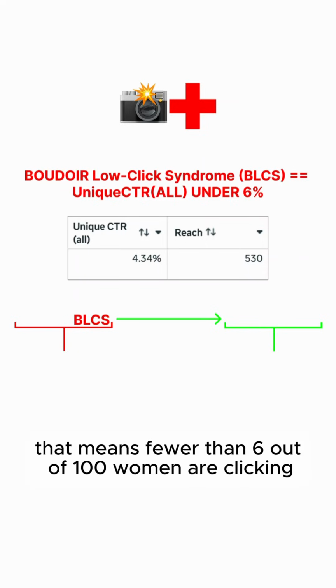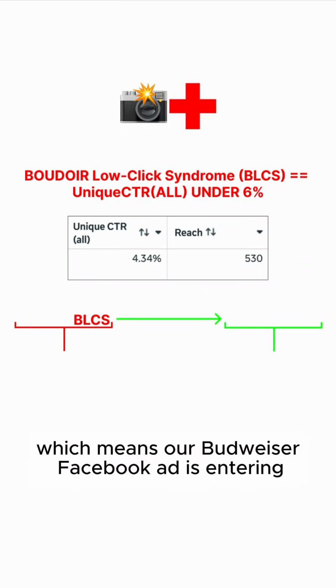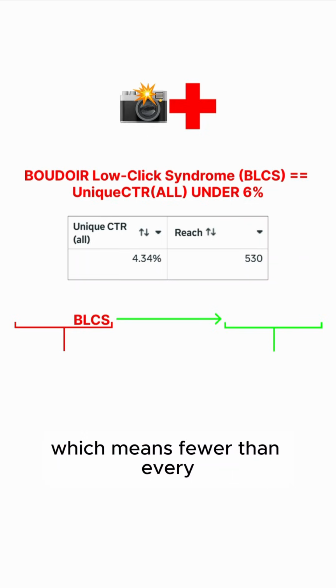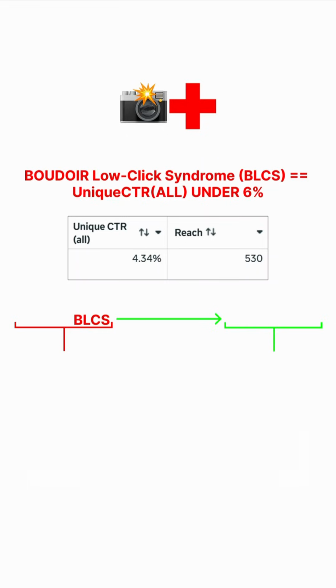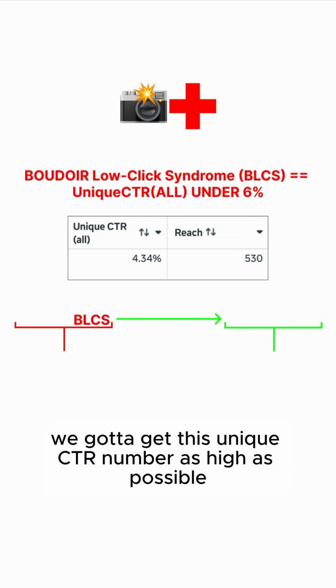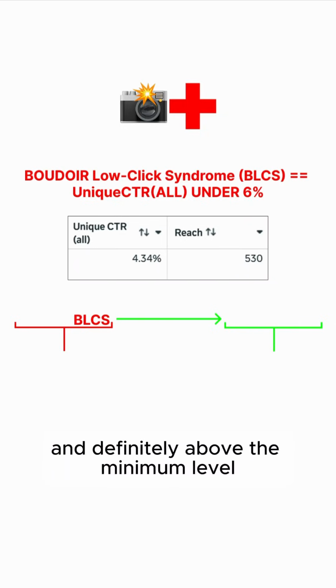That means fewer than 6 out of 100 women are clicking somewhere on our Boudoir Facebook ad, which means our ad is entering fewer than 6 out of 100 women's brains, which means fewer than 6 out of 100 women that see our ad have a non-zero probability of buying from us. We've got to get this unique CTR number as high as possible to maximize that probability, and definitely above the minimum